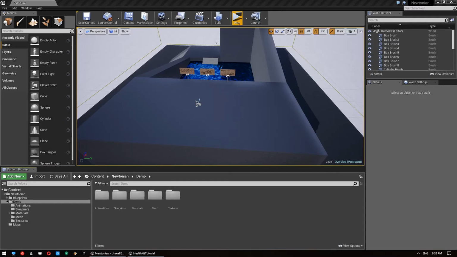Hey guys, so this is an overview of the features, setup and settings available in Newtonian. Newtonian is an advanced system for falling and momentum damage that takes into account a number of things. There's two systems included. The simple falling damage system, which basically just measures how far a fall is and applies damage based on that, and then the Newtonian system, which takes into account the player's acceleration and momentum, and then